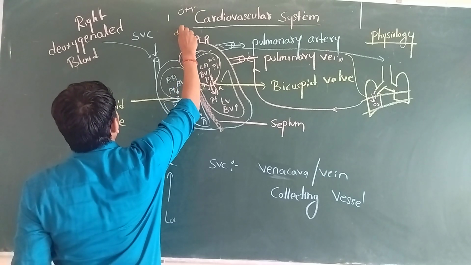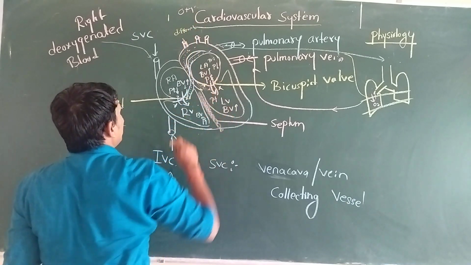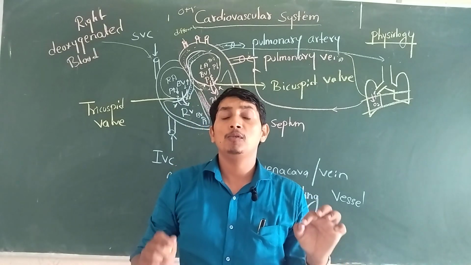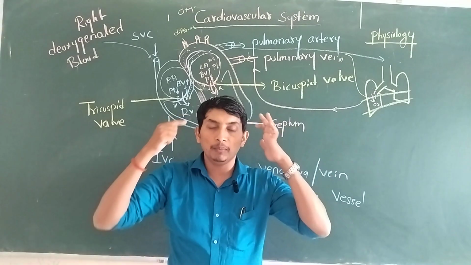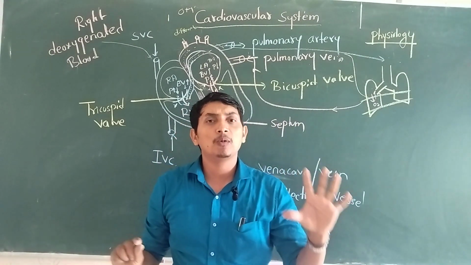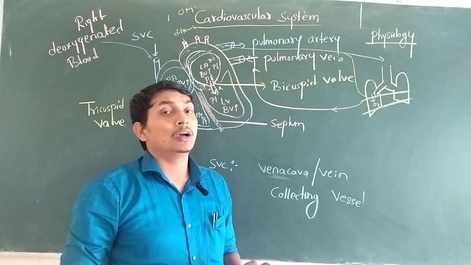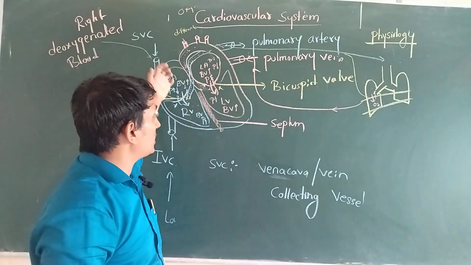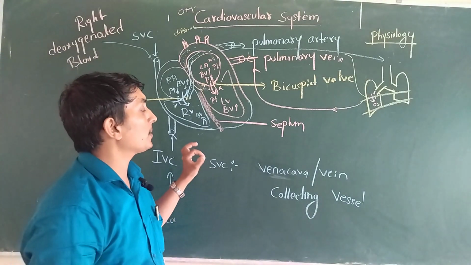So each and every part of our body receives blood from the left ventricle. The left ventricle is the only chamber of our heart which pumps oxygenated blood to each and every part of our body, mainly the brain, the lower part of our body, and the upper part of our body. So every part of our body receives oxygenated blood from our left ventricle. Okay, so the left part of our heart always carries oxygenated blood, and the right part of our heart always carries deoxygenated blood. So this is all about the physiology of circulation.